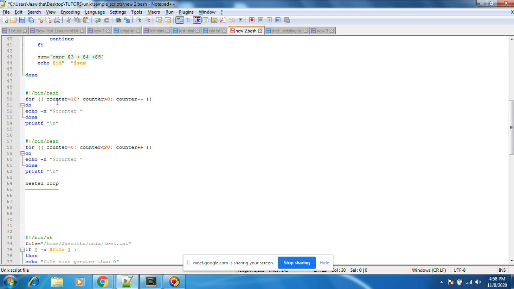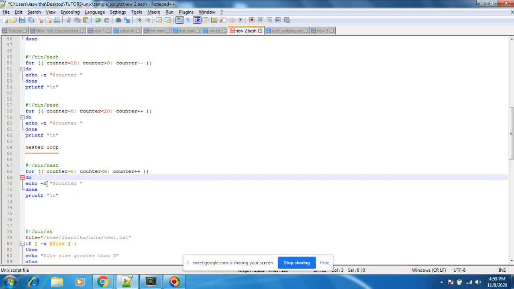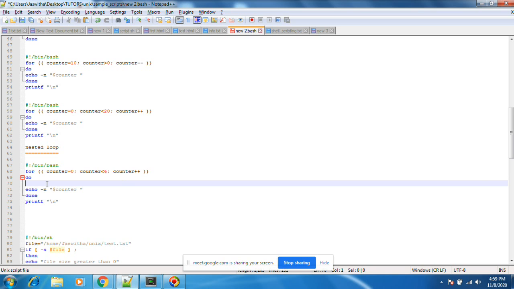Right now we did a single for. Then next thing is nested for. Let's do some nested for. This is one loop. Now I want to do a similar kind of loop.